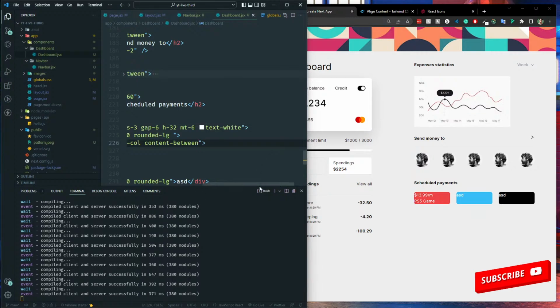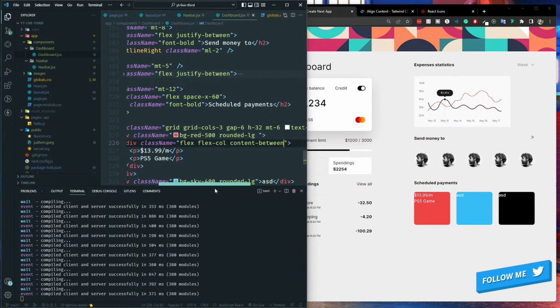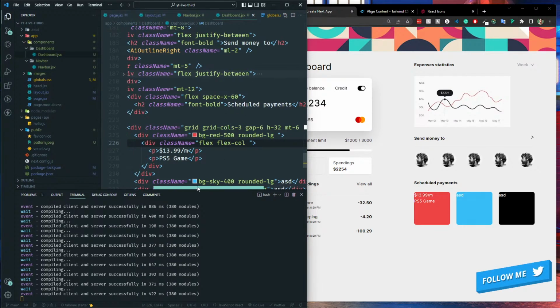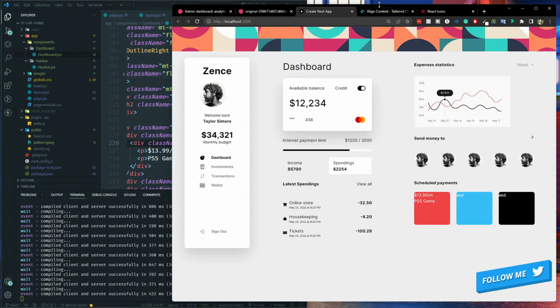The content between doesn't work. What else we can do in here? We're using flex columns, so